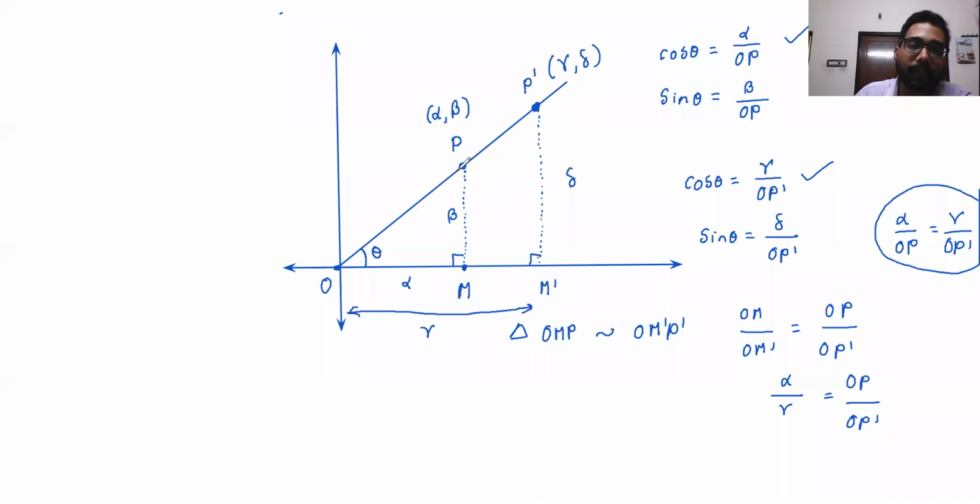That means on this line, wherever we choose P, it is not going to affect the value of cos theta or sin theta. So the value is going to be the same. Even if you take this point, whatever the ratio will come, even if you take this point, the ratio will come the same. Suppose if theta is 30 degrees, here the ratio will come root 3 by 2. Here also the ratio will come root 3 by 2.